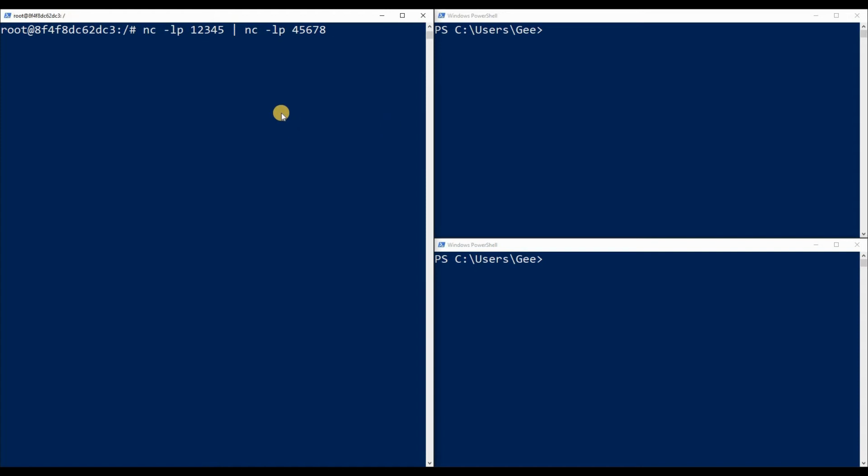Now, hit enter. Did I hit enter? There it is. Hit enter. Okay, over here. Notice that I'm in my local machine. This is not a container. This is actually my machine. And we're actually going to be doing